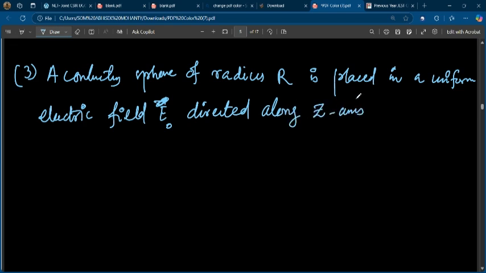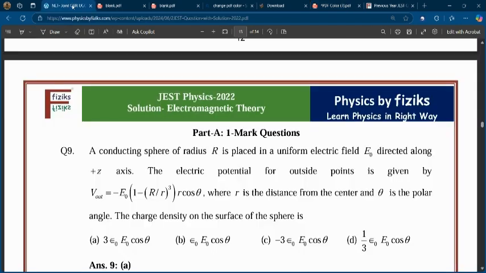Yeah, so the potential for outside points is given by